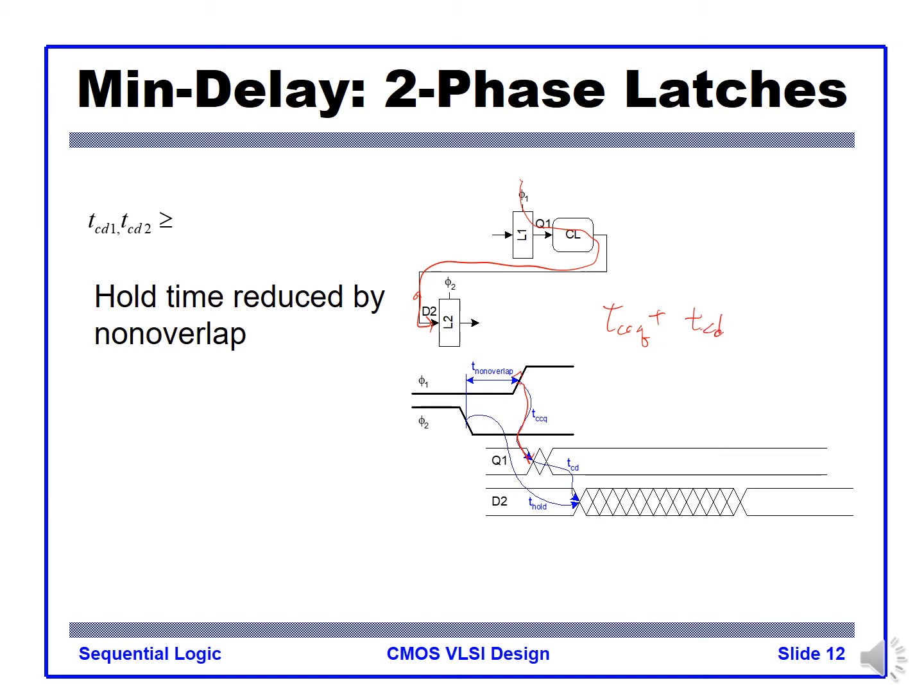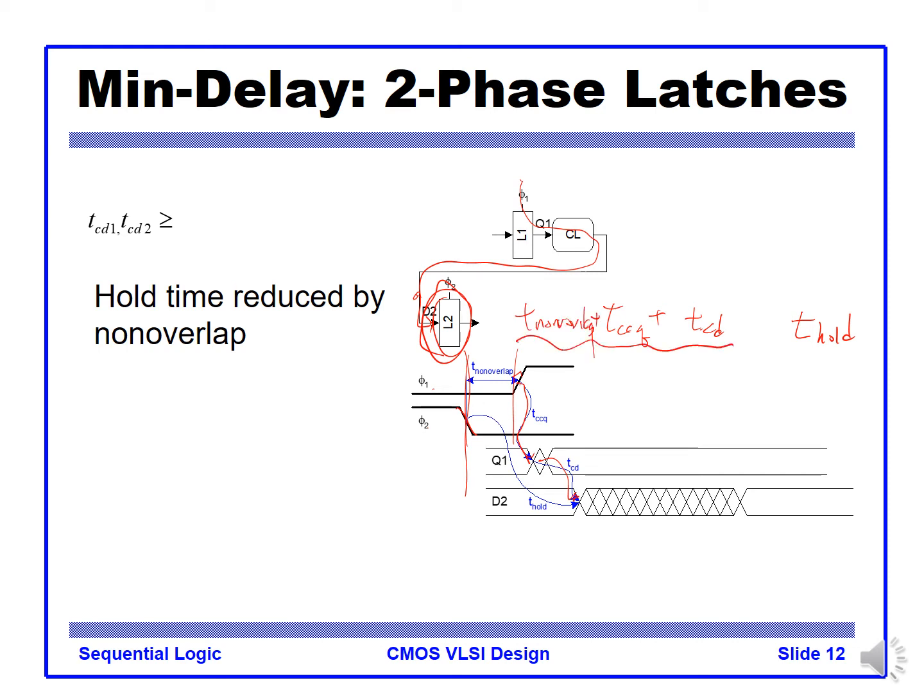That's the earliest time that we have, and also we have a non-overlap, and there is a certain hold time specified from the falling edge of phi2 on the L2 latches. That should be T hold. So there's a non-overlapping time between phi1 and phi2, so T non-overlap